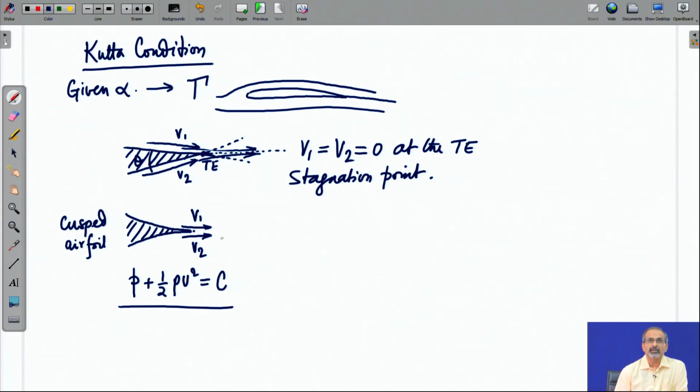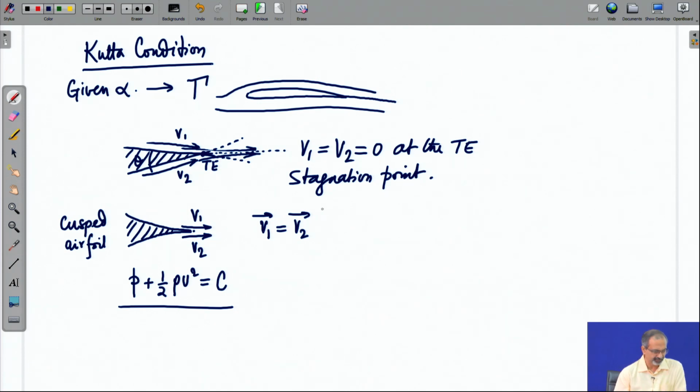Now, the kind of flows that we are handling, incompressible flows, cannot support such pressure jumps. You will see later that high speed flows can, but in this case it is not allowed. So, how can that be resolved? It can be resolved if and only if these velocity vectors are identical to each other, not only directionally, but also in terms of magnitudes, which basically means you have two streams moving parallel to each other with the same